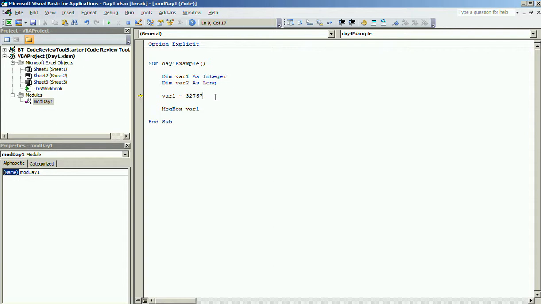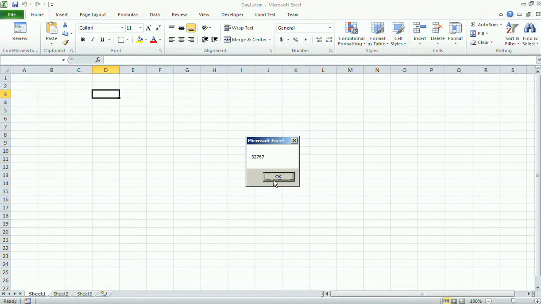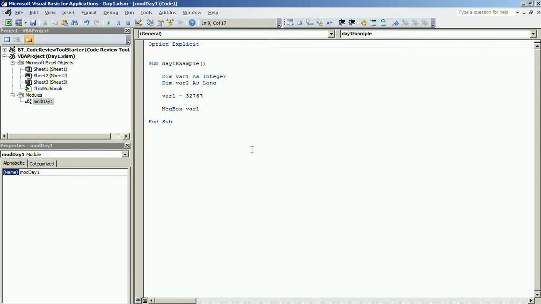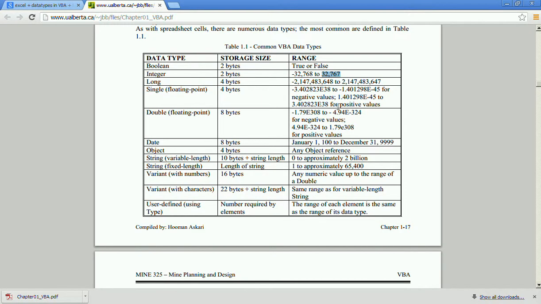Now if I press F5, it will execute. Similarly for negative numbers, the limit is from -32768, so it cannot be lower than this.